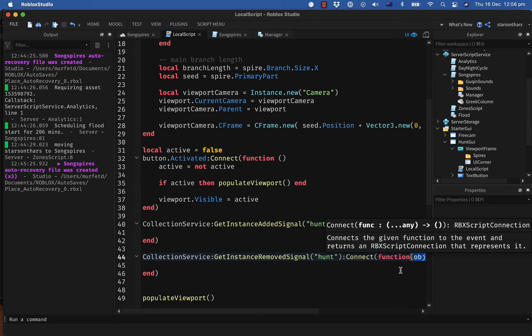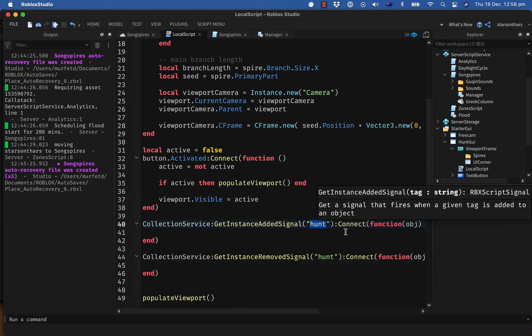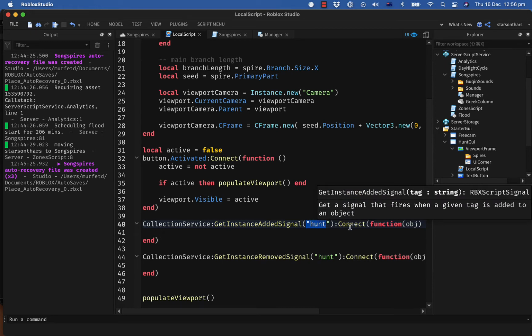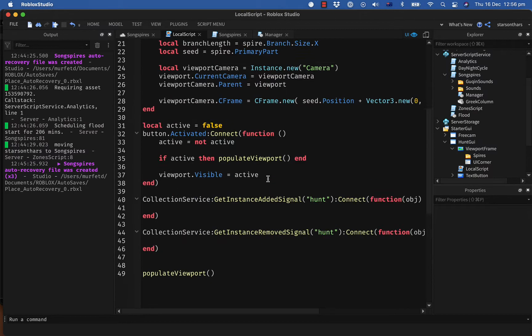Because this is the spire in the world, and then I'm making a clone of it. But then when I want to remove it, I've just got the original. And I could just check the position of the seed or something. I don't want to change their names. Wait, is there a main one and the outer ones? Well, when I add this hunt tag to these, they're different objects. So this will be a tag on the real thing. And then what I'm going to do following that logic is make a clone and put it in